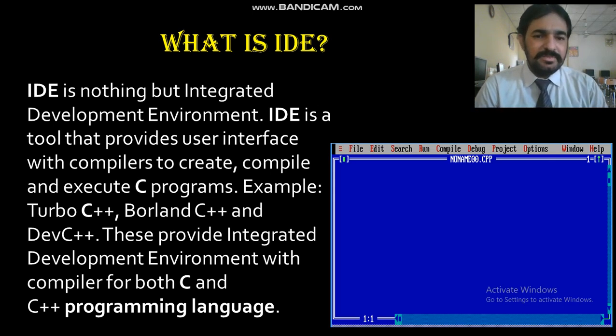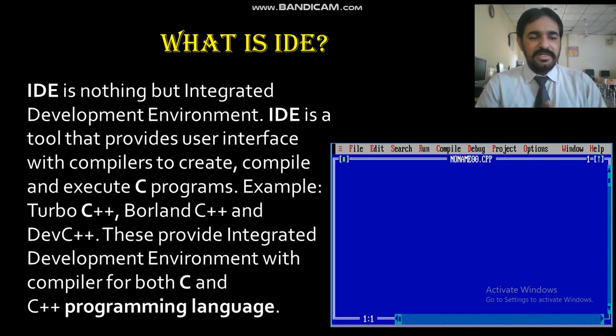C language, C++ and some other languages provide you an IDE, an interface that helps to code your program in an easy way, like on a blank paper. So it's just like a whiteboard for you. You have to code your programs and then you execute and run the program for output.